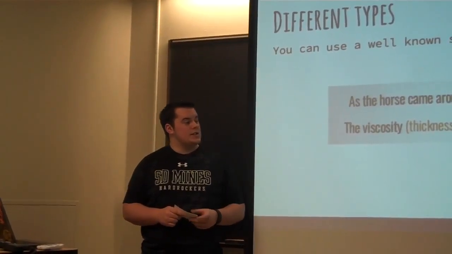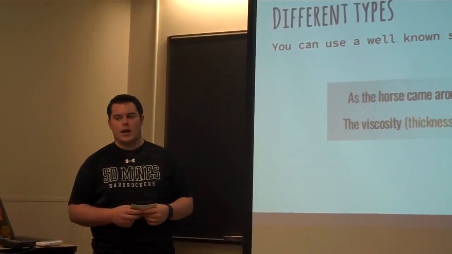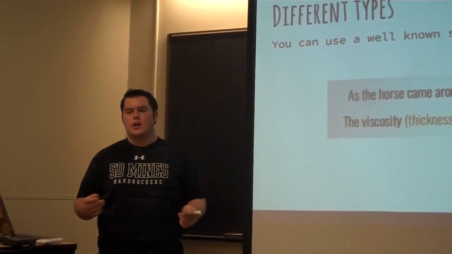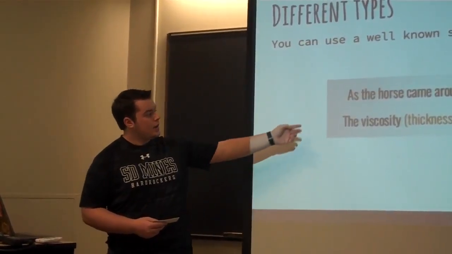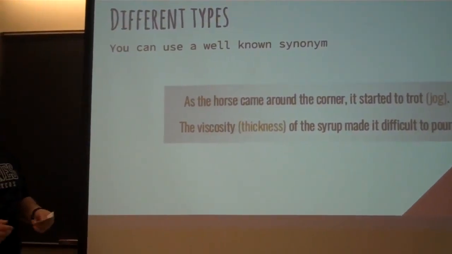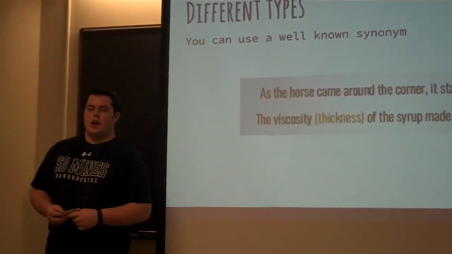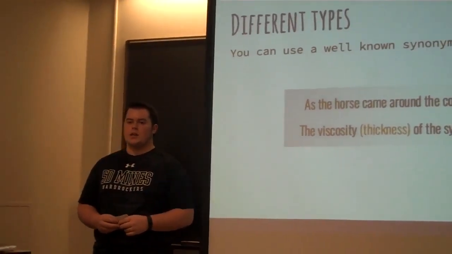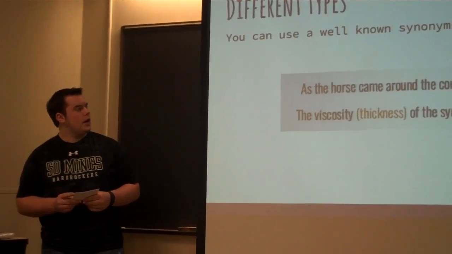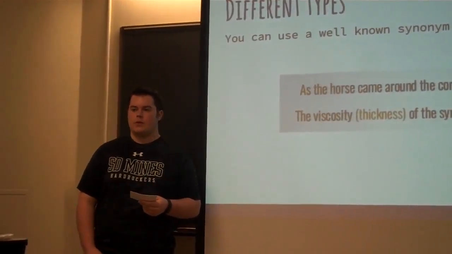You can also use a synonym. That makes it a lot shorter, easier to read, and it's easier for some people to understand. So like in this example, as the horse came around the corner, it started to trot (jog). I mean, it just makes it a little bit easier for some people to understand. And then a third type you can use is an acronym. You can use it to